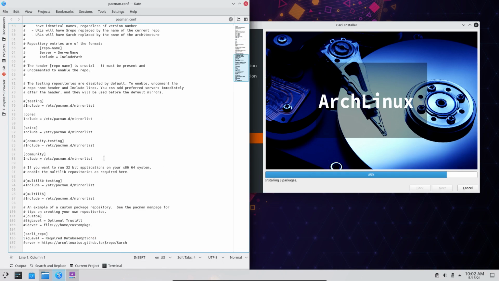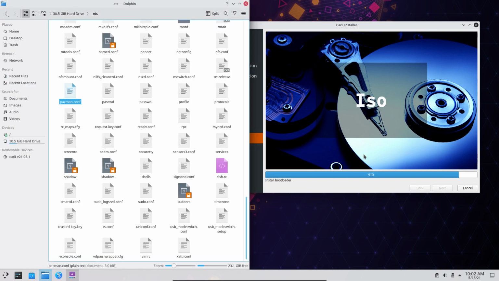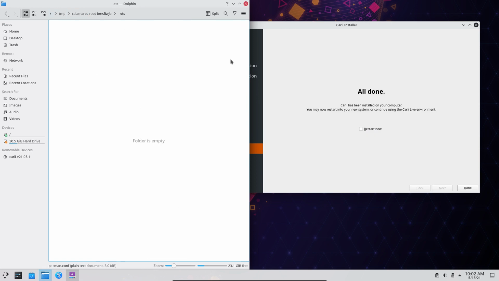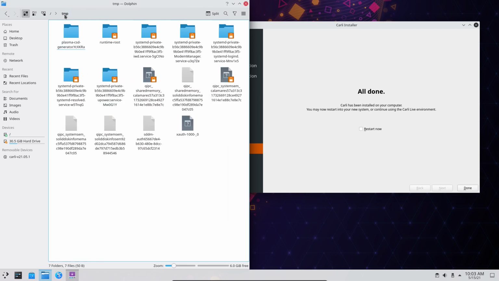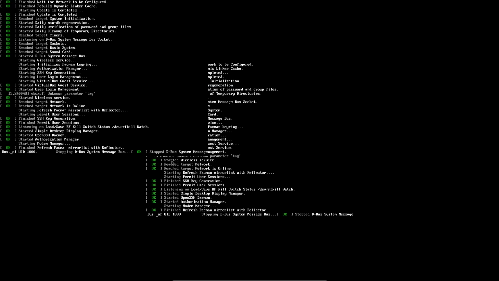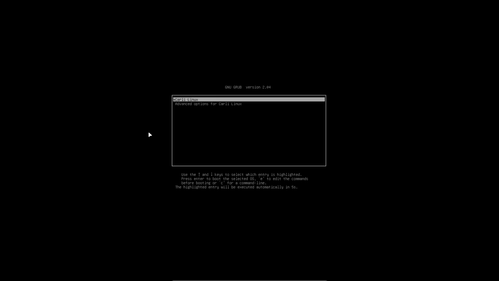Installing 3 packages. So that's our Carli repo. And we're almost done. Boom. Then it's empty. So the future system is now unmounted, and that's why we don't see anything anymore. It's gone. Unmounted. Restart. Thank you very much. And we have an Arch ISO 54, but it says ArcoLinux. Small things, which of course is not important at all,